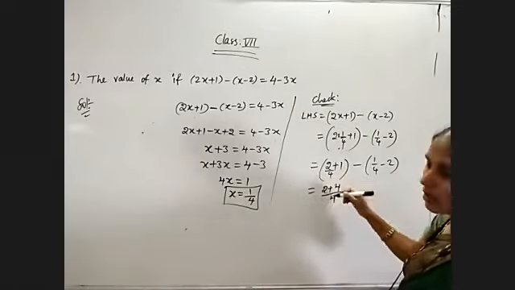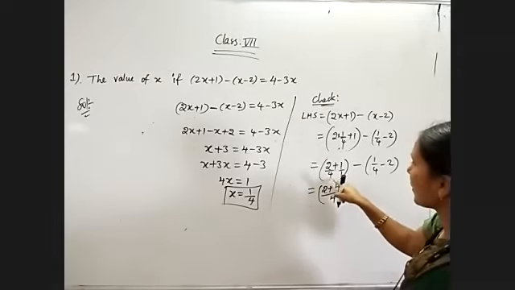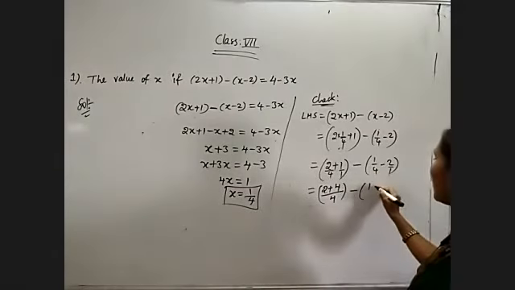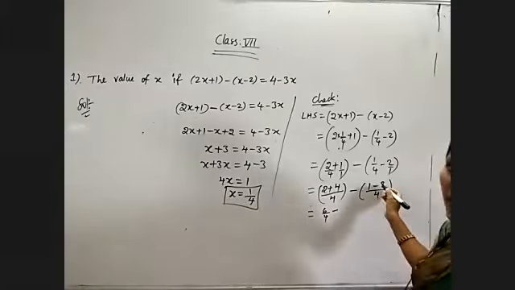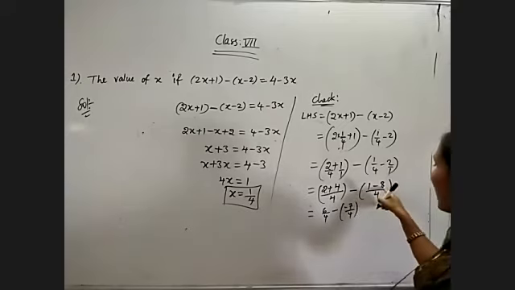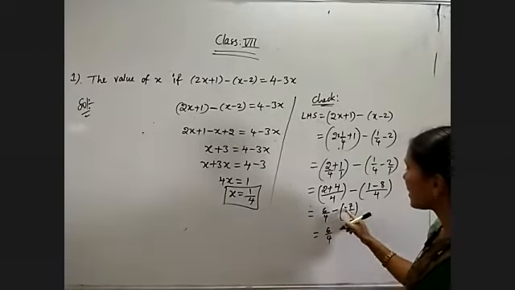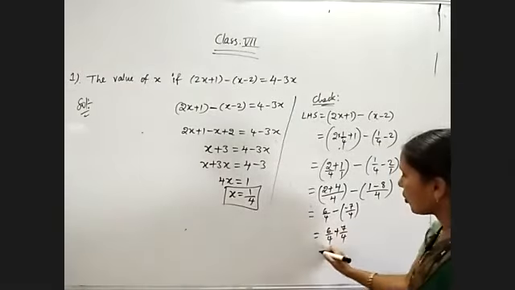Cross multiplication. 1 is nothing but 1 by 1. 1 twos are 2, 4 ones are 4, divided by 4 ones are 4. Minus 2 is nothing but 2 by 1. 1 ones are 1 minus 4 twos are 8 by 4. So which will be equal to 6 by 4 minus 7 by 4. 8 is greater than 1, so minus 8 we have, that's why minus 7 by 4. Now 6 by 4, minus into minus will become plus 7 by 4. Both are like fractions. So 6 plus 7, 13 by 4 is the LHS.